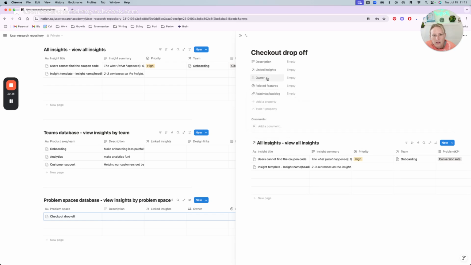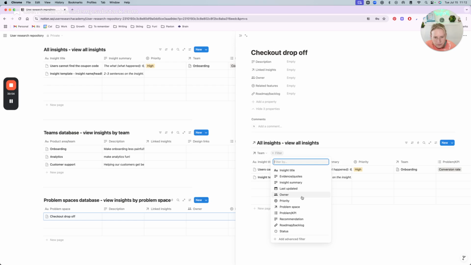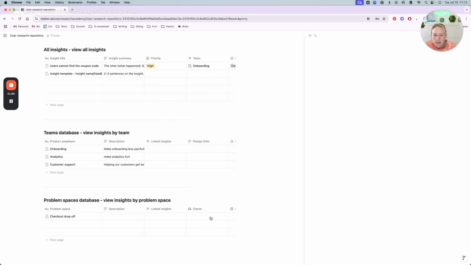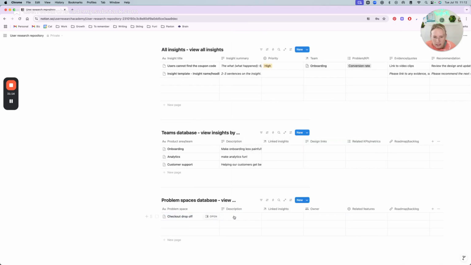I would hide this. I'd hide this. I'd hide this. And then we go here, team. Oh no, oops, I'm so used to doing that. We go here and we filter by problem space, checkout drop off. Hey, there we go. So now in here, we can see all of the linked insights to the checkout drop off. So what that essentially means here is if you start to do this, you don't necessarily need these,